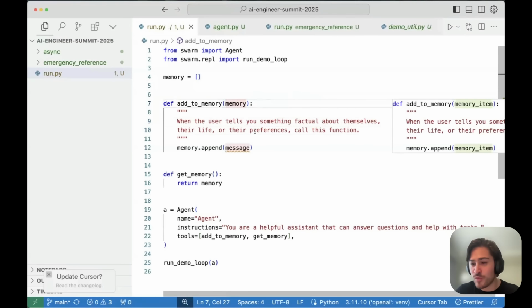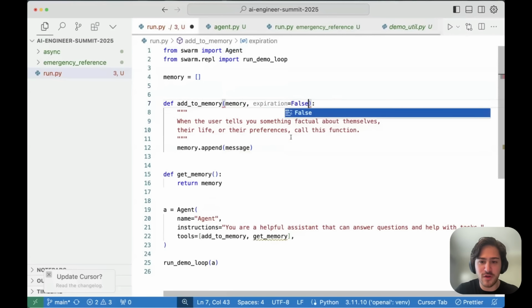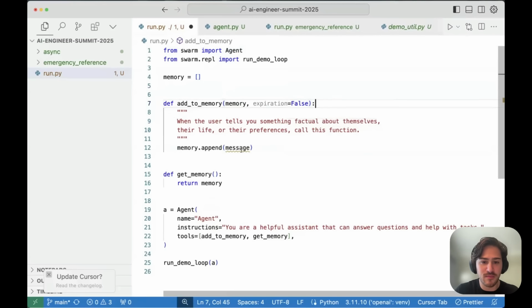Memory. And we'll add a couple more cool things like expiration, which is one that I've wanted to add for a while. So, for now, let's say false, memory.append, bank. And then we have, I guess what we'd call it, memory text.